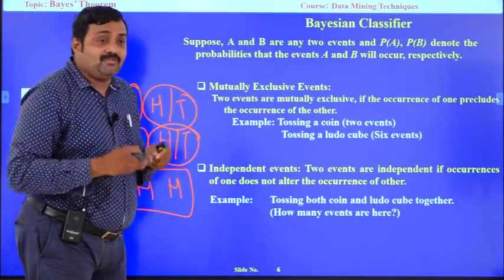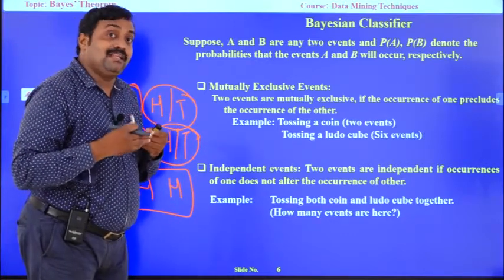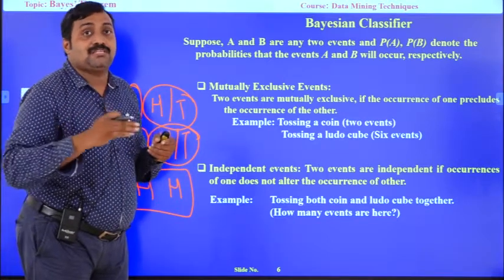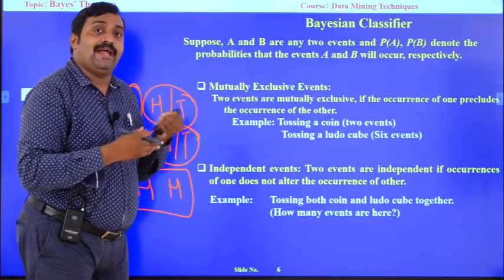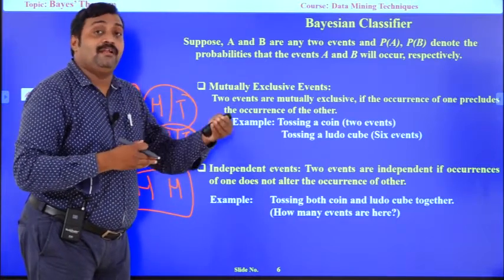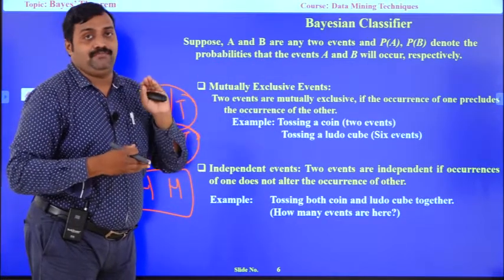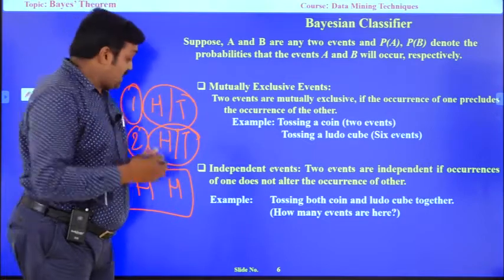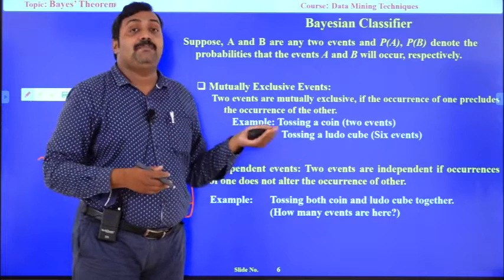But when I am tossing more than one coin at a time, simultaneously, then those events we call independent events. There is no mutual exclusion. There is a chance of the first coin head, second coin head, third coin head, and for n number of coins, there is a chance of getting head. So the chances of all the events are the same values. That kind of events we can say are independent events.